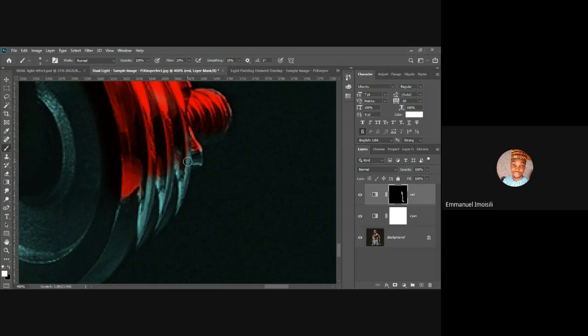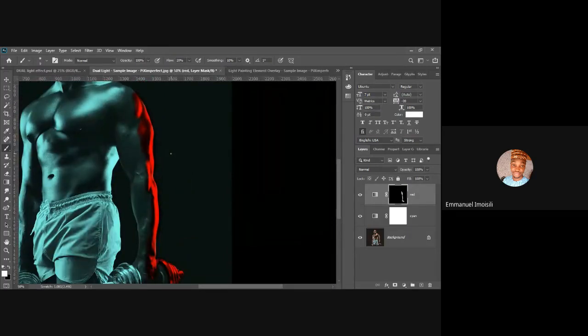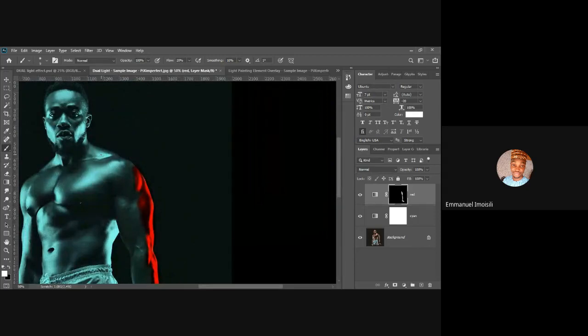Use the brush effects. Remember, we're using the layer mask to reveal the color underneath and using our brush to paint and get our desired effect here. So when you're satisfied, you go, okay, that seems pretty good. And let's check